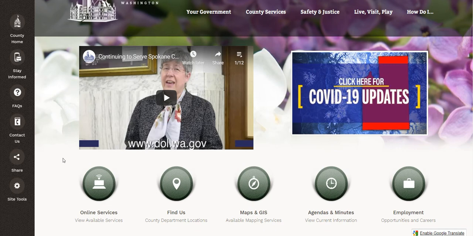number of other city governments in the region. So for example, it is the central agency that holds data and provides common services for the City of Spokane Valley, Cheney, Airway Heights, the City of Millwood, and some other cities as well. And so on this is the website for SpokaneCounty.org, and in here you can see that there are a number